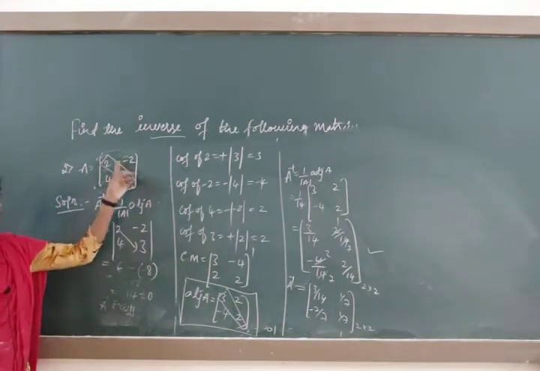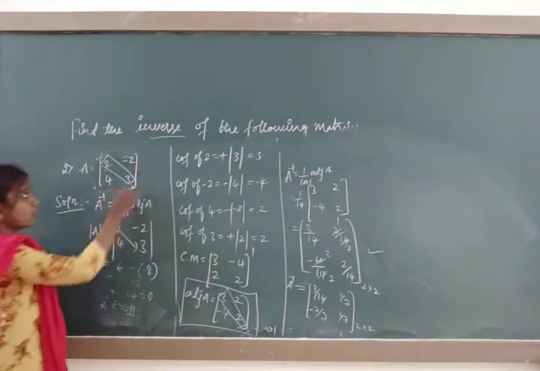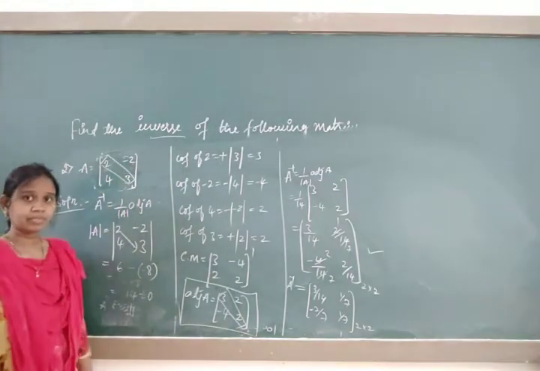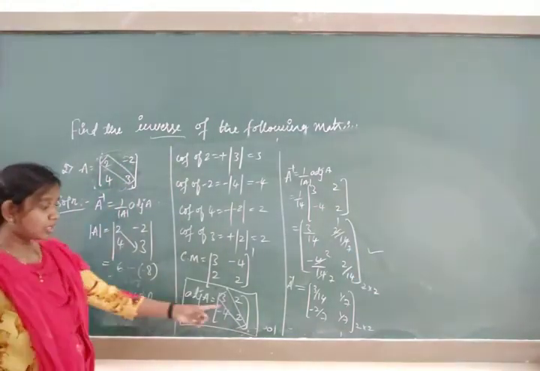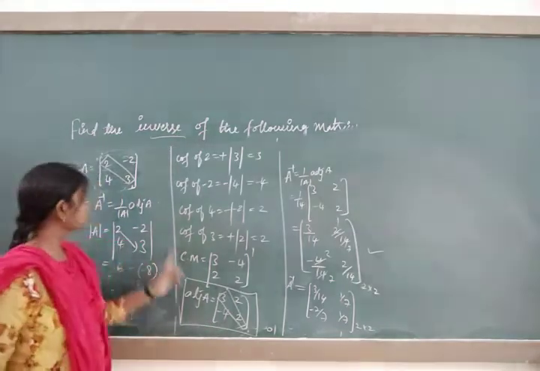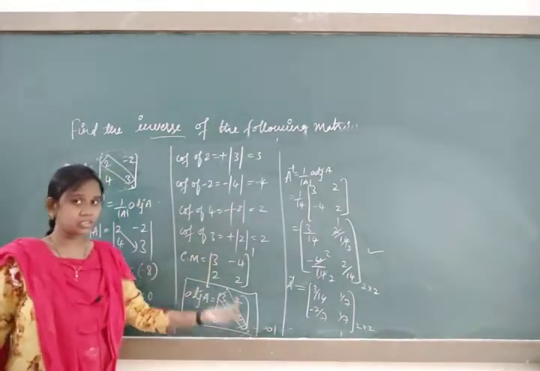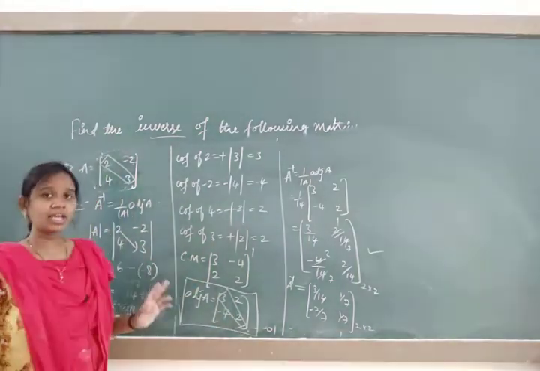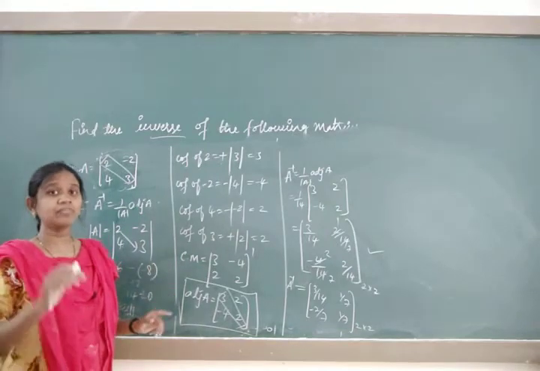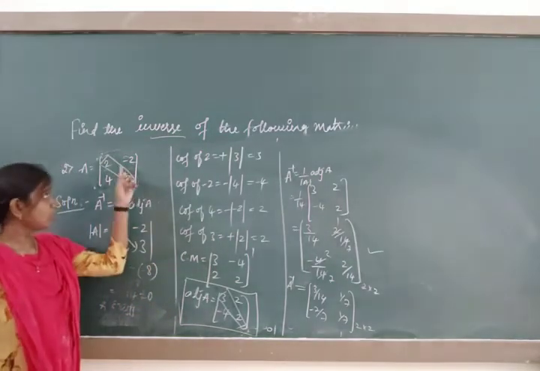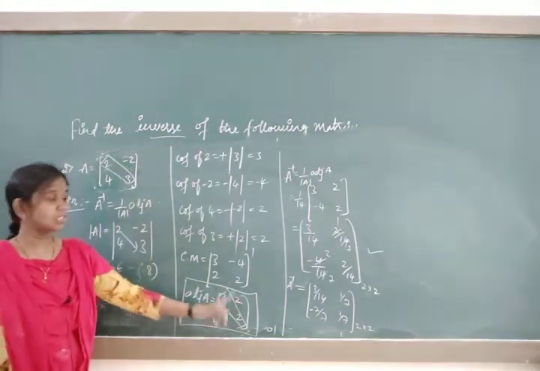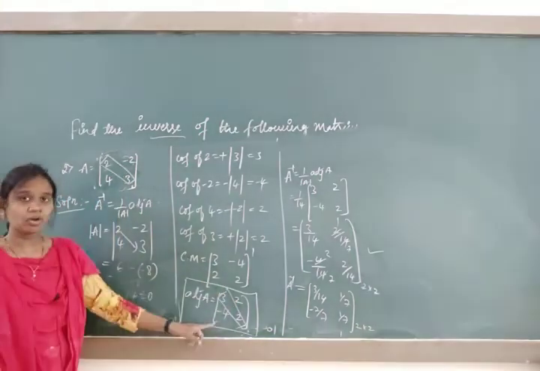Observe it to the secondary diagonal. The secondary diagonal was minus 2, 4. But what about here? 2, minus 4. It means, for the primary diagonal you have to interchange the positions. For the secondary diagonal you have to keep the element the same, with the opposite sign. It was minus 2, but we have got plus 2. It was a plus 4, we got minus 4.